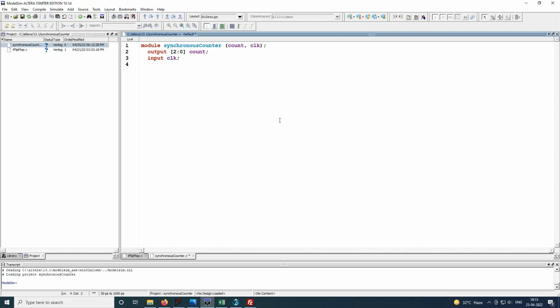Now let me declare an internal connection called T. I'll say [2:0] T, which will indicate the T inputs for each of the flip-flops. I have already calculated the expressions for T2, T1, T0, so I can simply use data flow statements, that is, assign T of 0, which is the LSB, equal to